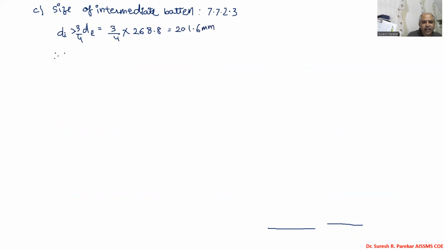The remaining things are the same; only the depth will change. So provide intermediate batten as